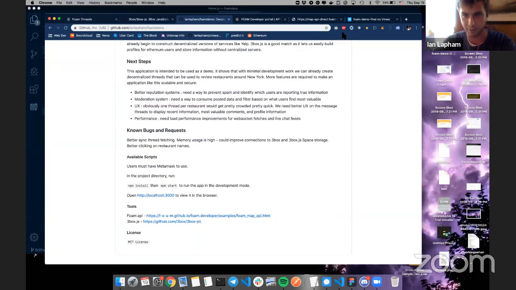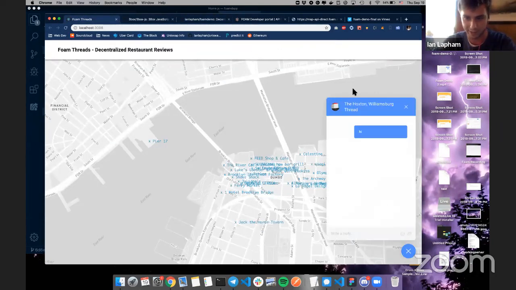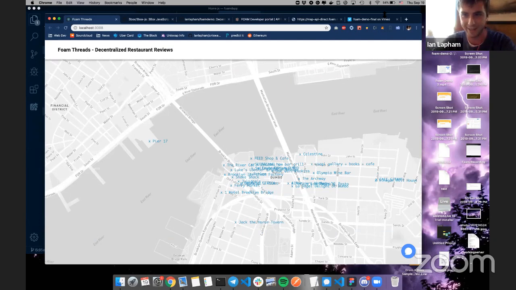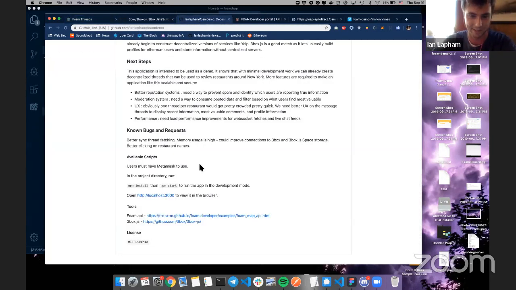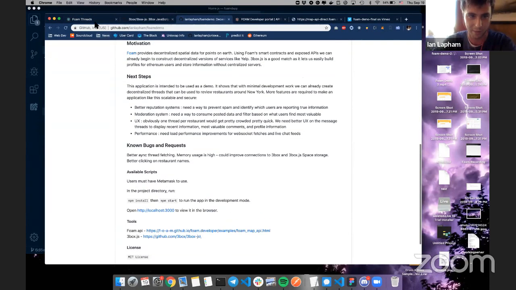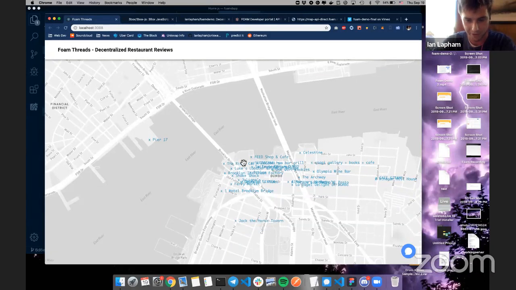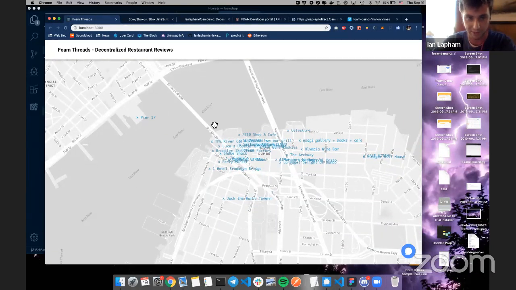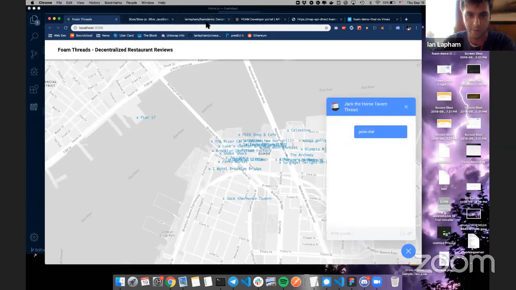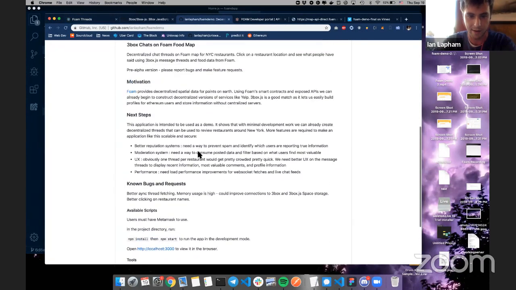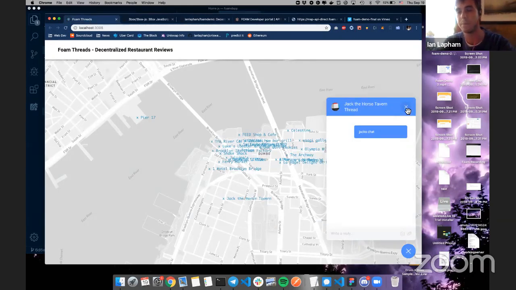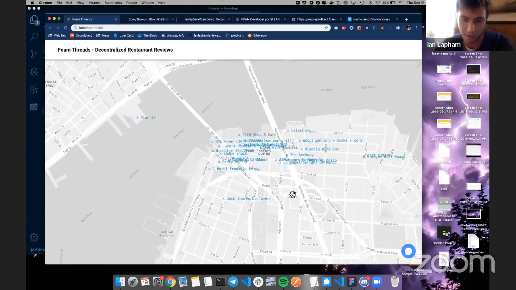Obviously, right now there are no account names, it's just one thread per thing. That's not ideal, but that's super easy to solve. You can imagine even pulling these things into a list view that's less focused on the map itself, but more just on the points. So yeah, stuff like that, and then just performance stuff. But in general, it was really easy to build.